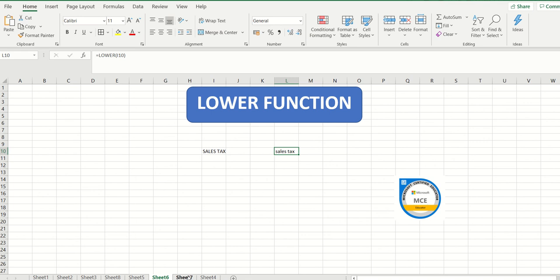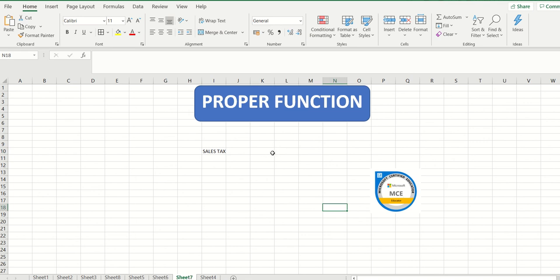Now let's go further. I'm going to show you the next command, which is proper. Ideally by grammar, the first letter of a word has to be uppercase, so this is where it comes into the picture. This particular formula could be beneficial for names or any other text that you have in front of you. Mistakenly you have typed in the entire content in lowercase or uppercase, and now you would like the first letter of that word to be in capital and the remaining in small case. So what I can do is use the proper function.